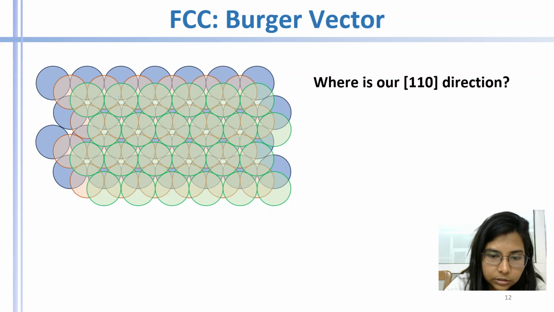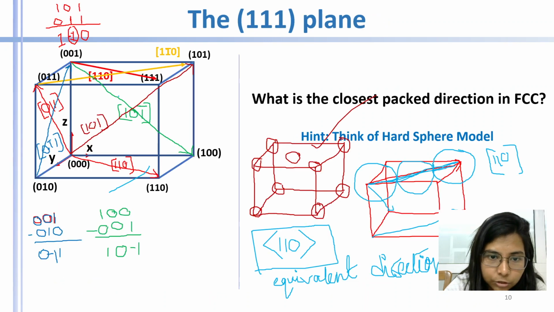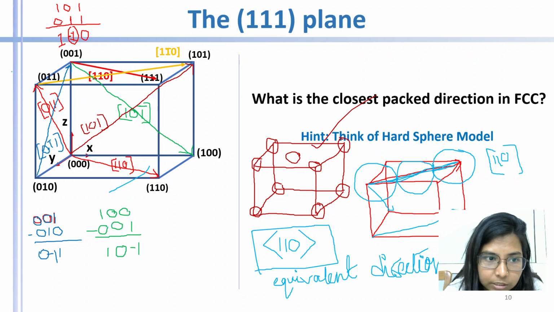So along this FCC, how are we going here? We have to remember that we have gone from the ball and stick model to this hard sphere model, right? So here you see this was our hard sphere model. Here, if I take my 111 plane,